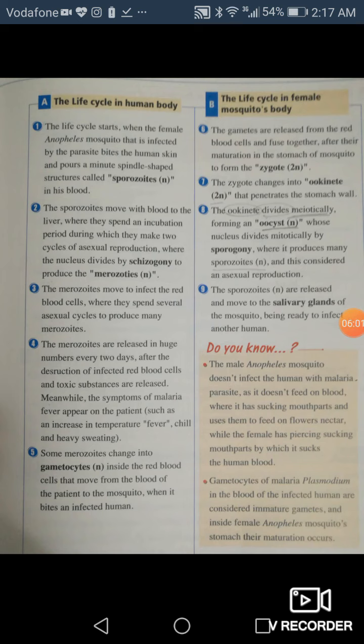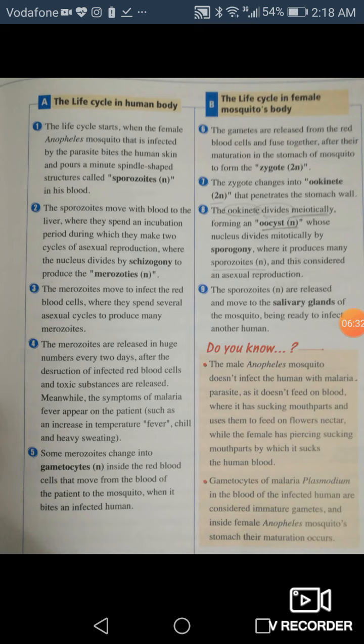Why? Because you will study in chapter 4, the immunity, that the white blood cells, if they saw the plasmodium parasite inside the blood, will attack it urgently. They will attack it once they see it. So the sporozoites move with the blood to the liver silently, where they